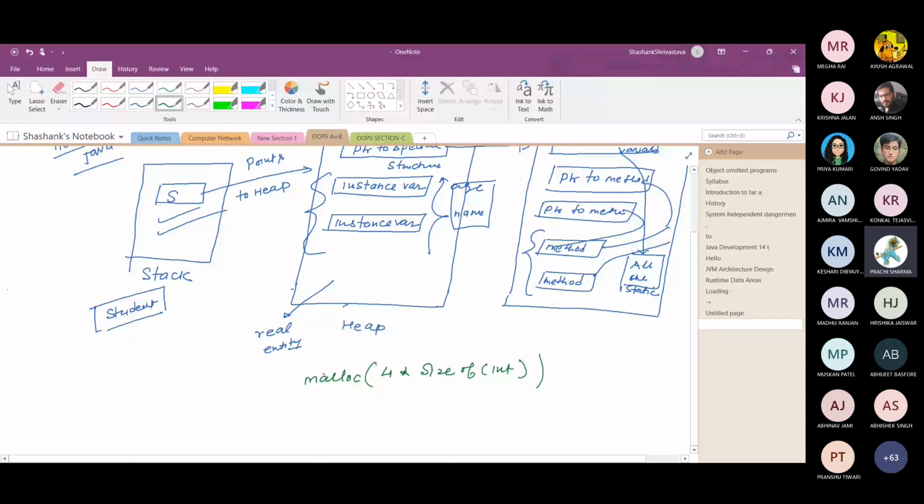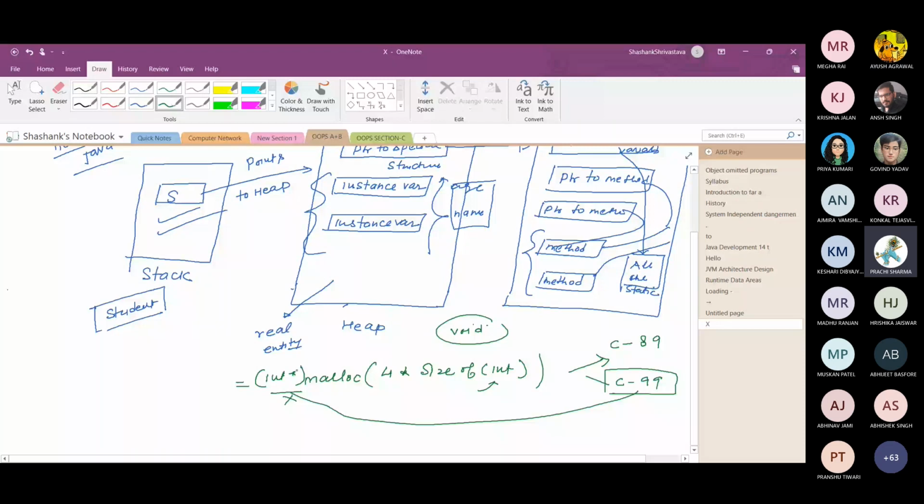Void pointer. Void is written because you can write here integer, you can write here float, you can write here double. So basically, you can typecast any type of data variables into the void. So basically malloc returns the void pointer. Okay, so you can basically typecast here integer pointer, but actually in the latest edition of C programming language, I hope you already heard about this. You have heard about this or not? C89 standard and C99 standard. This is the new standard. According to the new standard, there is no need to typecast here. Okay, but in the old compiler, you need to typecast. So basically malloc will return a memory location.